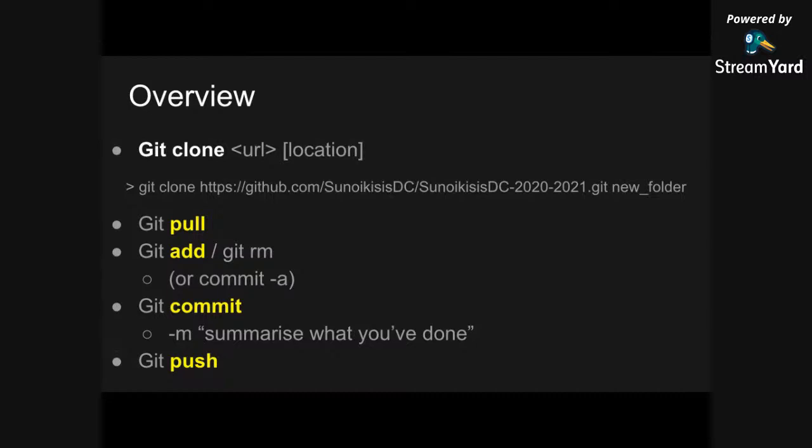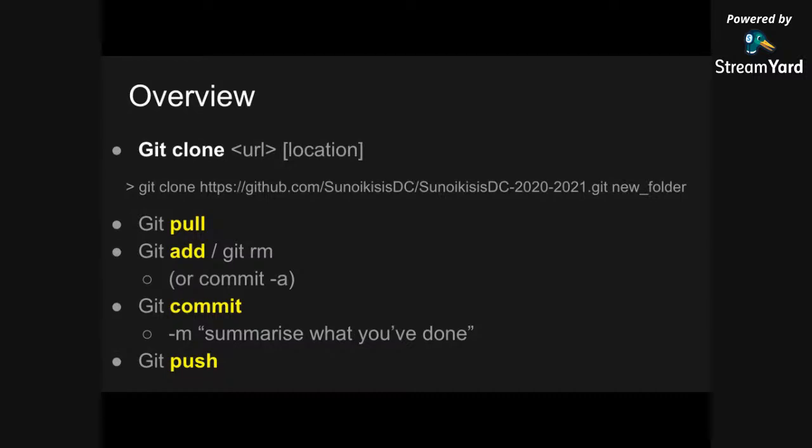This is where you'll find the slides for this session, and also any files or other things that we might upload for you to work with in future sessions. And this will then make a copy of that repository on your local file system. When you're working with this repository in the future, if you want to make changes to it, you will first, before you start, open up your file system, navigate to the spot where this folder lives, and you will type git pull. That will make sure you have the most up-to-date version of the repository on your local system.